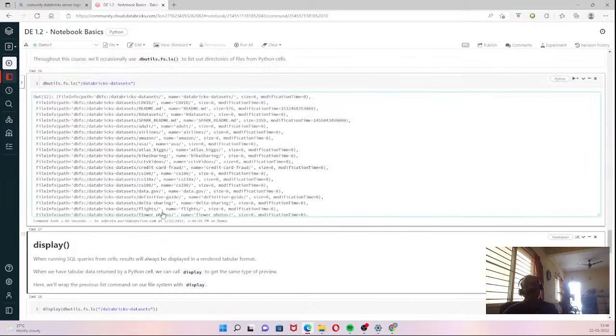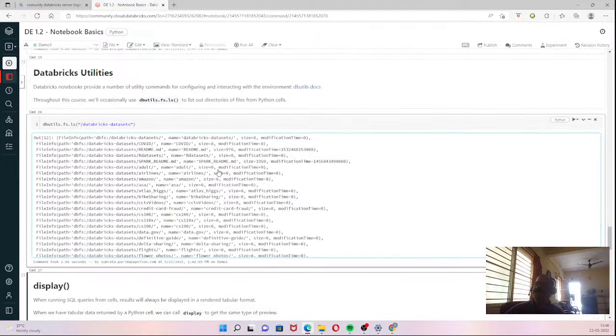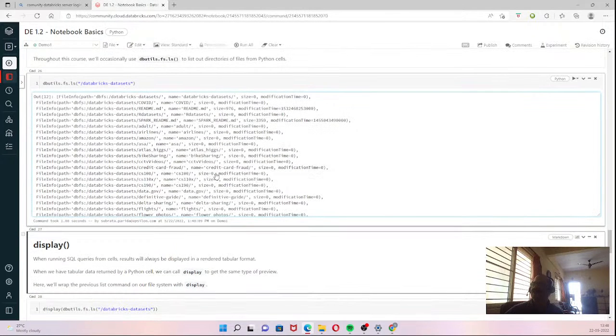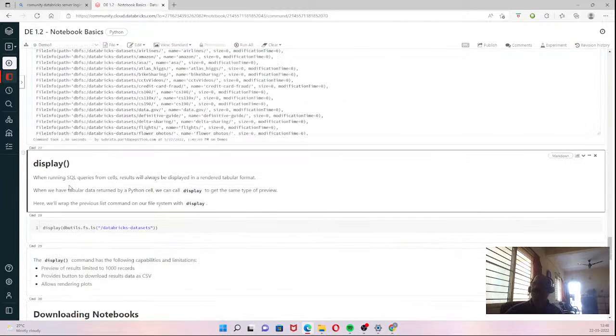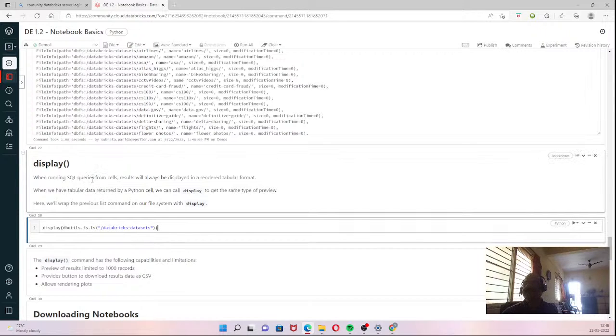Behind the scenes there is a Linux server, and in that path DBFS Databricks datasets we have files. There is a display command, and you can use that display command. When running SQL queries from a cell, results will always be displayed in a rendered table. When you have tabular data returned by Python